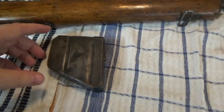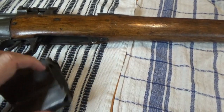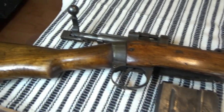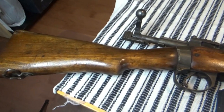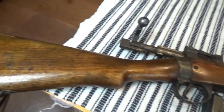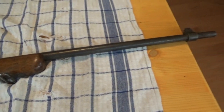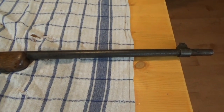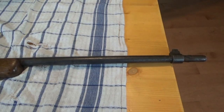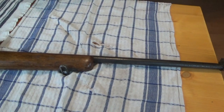And got the magazine. I think this magazine is a copy, because I think the original one rusted out. But here it is. So it's 44 inches in length. It's got the brass butt plate, just a bolt action. But the difference that I find is that this model has a whole bunch of bare steel in the barrel, and all the other short magazine Lee Enfields, which this I believe is,